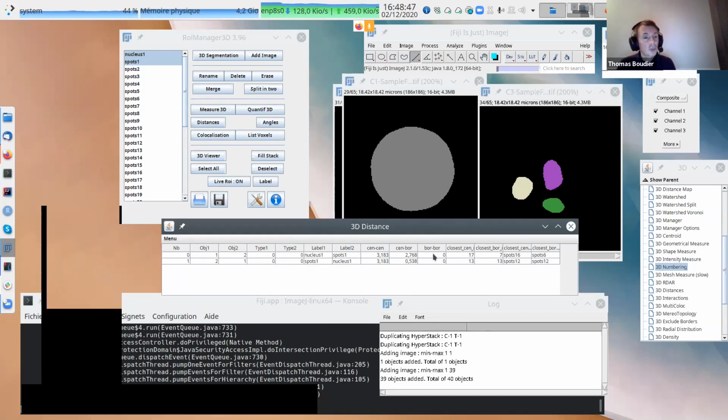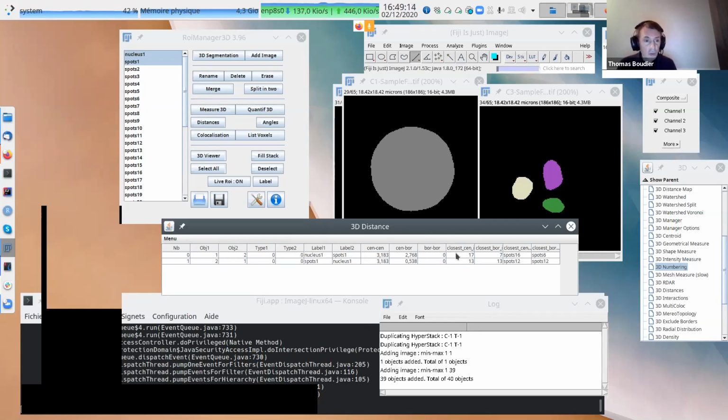That means the border of the spot is at a distance 0 from the border of the nucleus. So the spot is at the periphery of the nucleus, because there is no distance between the border of the object and the border of the nucleus. That means the spot is touching the border of the nucleus.